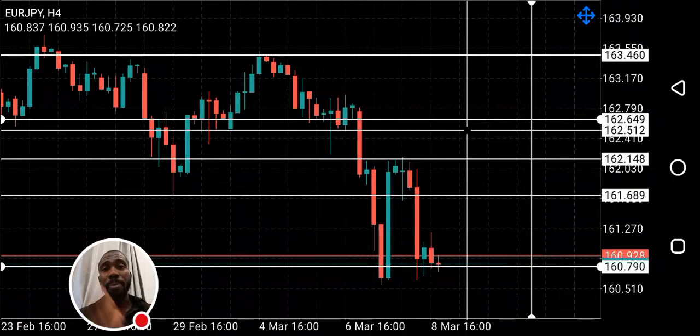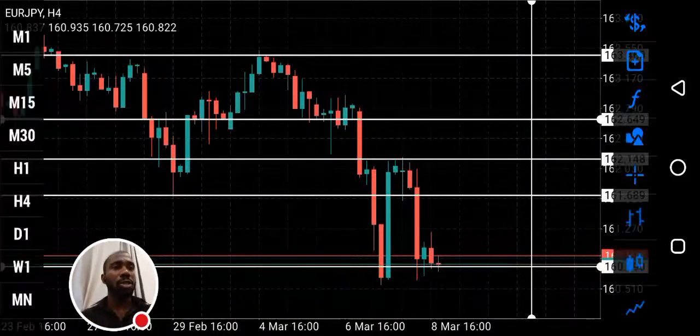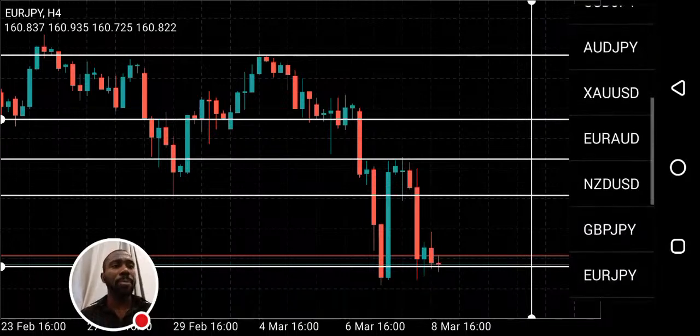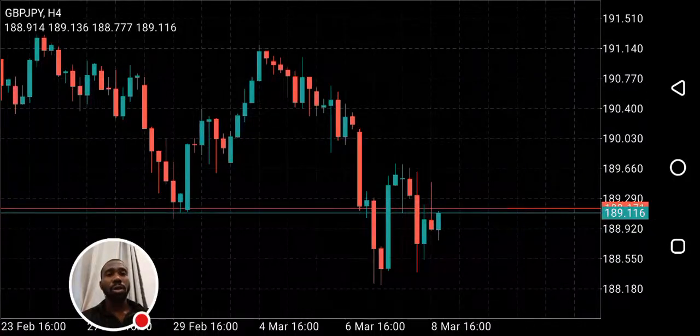The same thing can be applied on GJ. It's the same pattern. Let's just look at the chart on GJ. Can you see the pattern? Similar to what we had on EJ. So we want to see price pull back